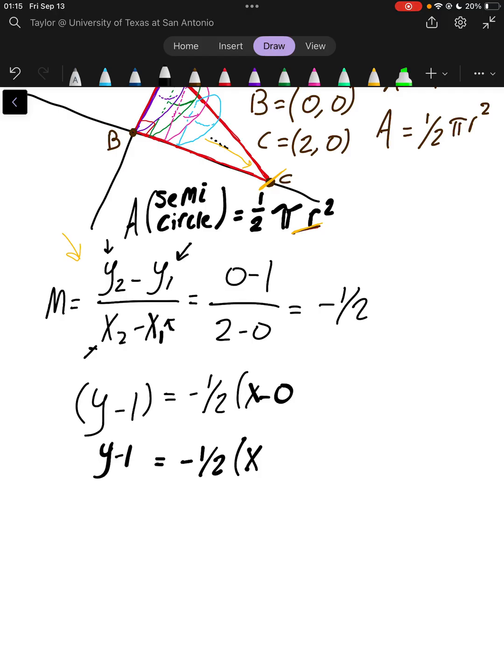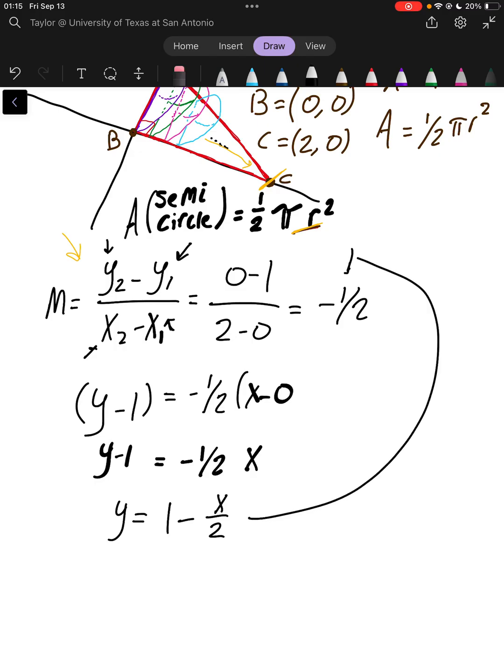Alright, and then I'm going to move the 1 over, giving me y equals 1 minus x over 2. So now that we have our R,